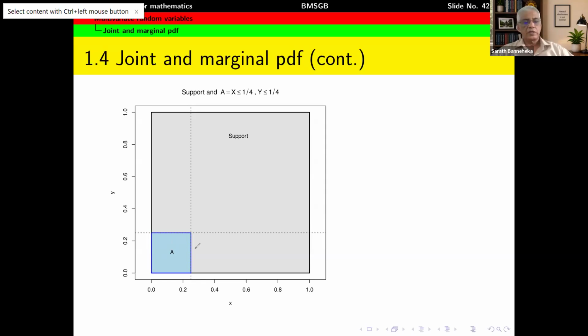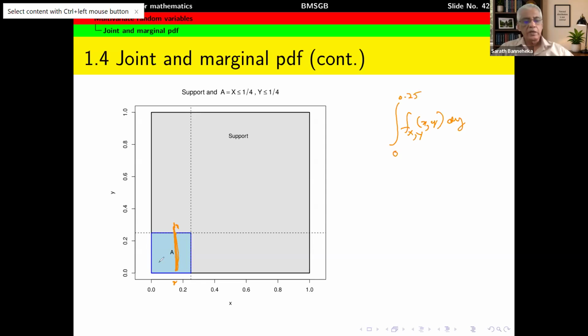So you can first integrate, take a fixed x value with a small dx width stripe. You find out the volume under the joint density function over this stripe first of all. For that, you have to integrate with respect to y. Y changes from 0 to 0.25. Right. So integration of the joint density f_XY(x, y) dy, where y goes from 0 to